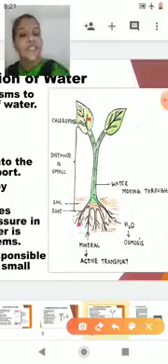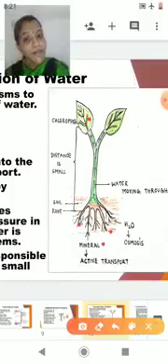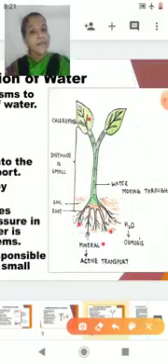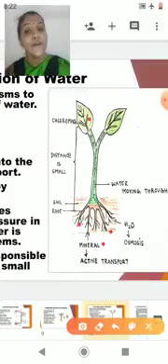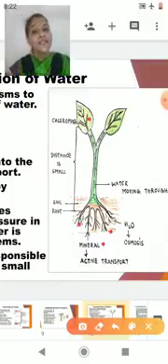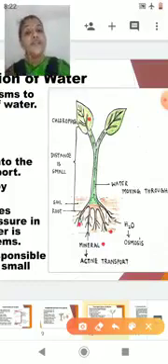Now students, this is the soil. From the soil, the plants take up minerals. The minerals are taken up by the plant by a process called active transport. Active transport is a transport in which the substances move from a lower concentration to a higher concentration. So when substances move from a lower concentration to a higher concentration, we need to supply energy. Since energy is required, this transport is called active transport.